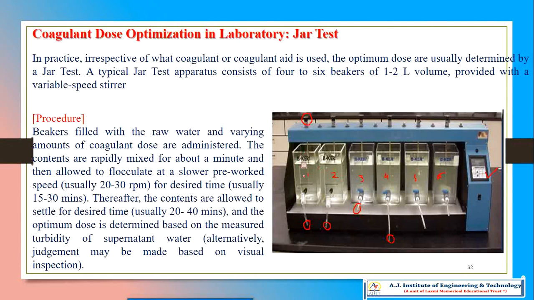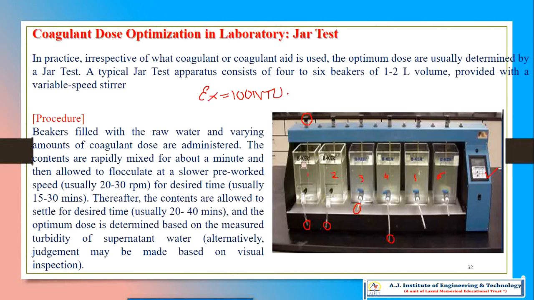So here you take 1 to 2 liters, for example, say 1 liter of the raw water, and in all the beakers the turbidity will be the same. The turbidity, I already explained in the quality of water unit. In module number 2, we discussed quality of water, and in the turbidity matter we discussed how to test the turbidity in the laboratory, how turbid the water is. For example, I will take the example that the turbidity is 100 NTU. Your raw water turbidity is 100 NTU.